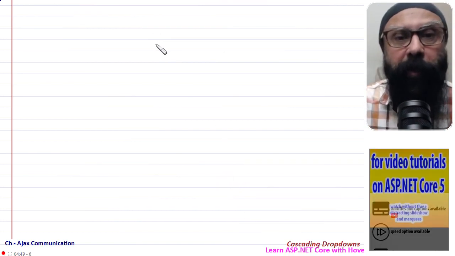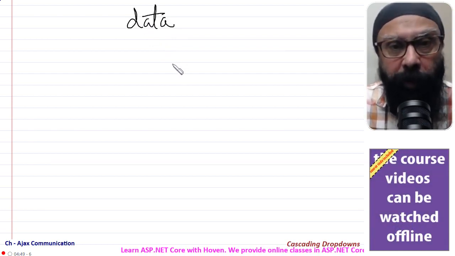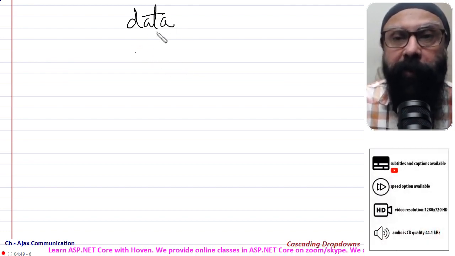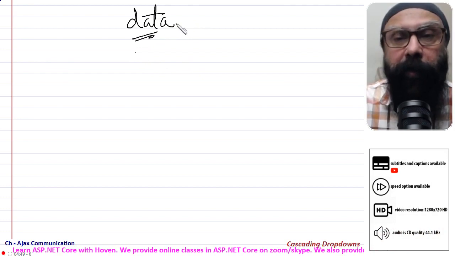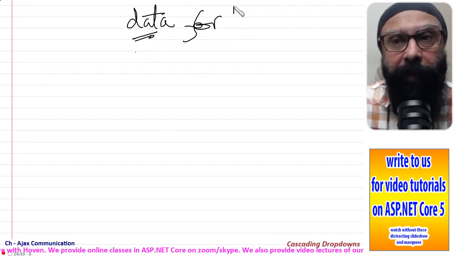So what happens on the client side? On the client side, when you parse your data, I will just come to the code in a moment. There we will receive, let us say the data is called data, and we'll run a for each on this data because this data is a collection.